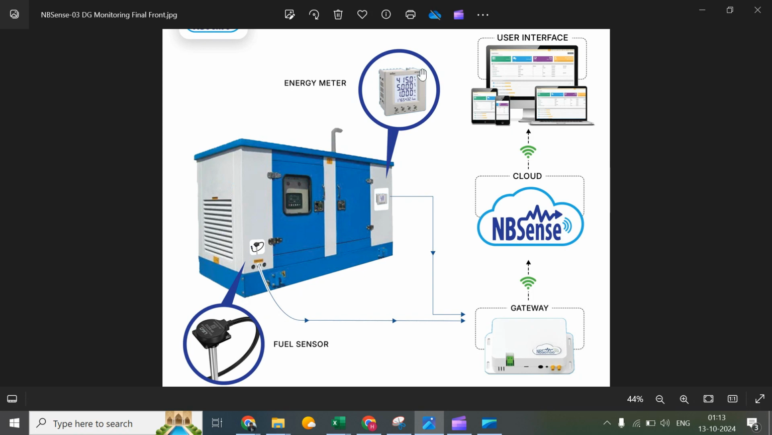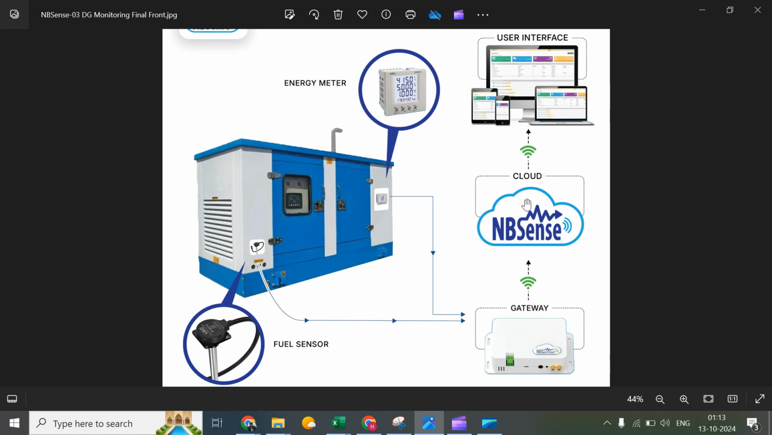Second is the multifunction energy meter. The generator's output is electrical energy. To measure its value and parameters, we have to connect with the energy meter. At most locations it is already installed; if not, we have to provide it, or they can install it themselves. Simply, we integrate that energy meter's communication port over the gateway. By collecting these two sensors' data, one from the fuel sensor and the second from the energy meter,